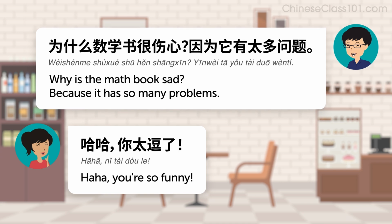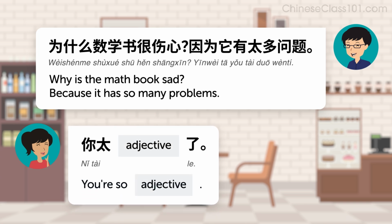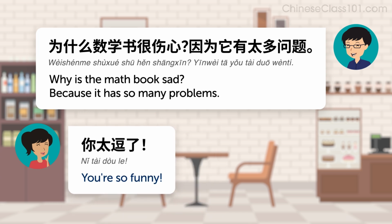First, you'll need to learn how to say ha ha. That's 哈哈. Then you'll need to learn how to say you're so adjective. The pattern is 你太 adjective 了. This Chinese sentence literally translates as you too adjective, but it means you're so adjective. For example, you're so funny. 你太逗了。